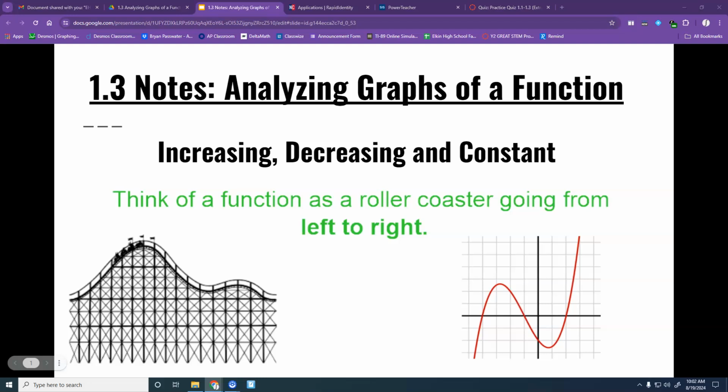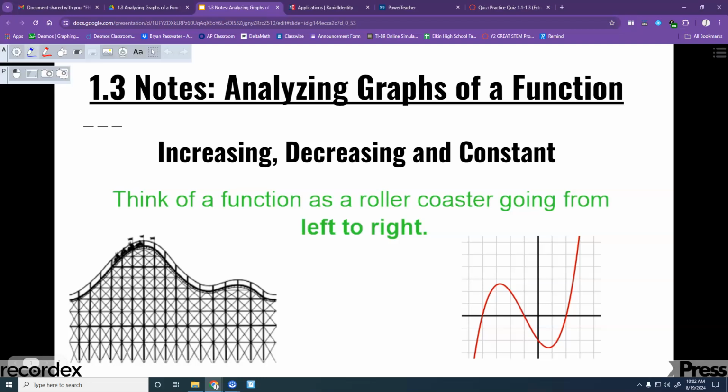The thing about this right here is that you always have to go from left to right. If you don't go from left to right, you will answer the correct question incorrectly. So you can think of your function as like a roller coaster, right? And so if your height is increasing, you're going up, or if it's decreasing, you're going down. Here you increase again, decrease again, right? You always want to start on the left-hand side, because if you start over here, you'll be going backwards and